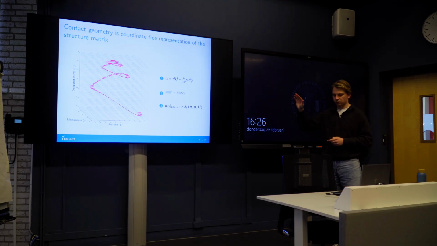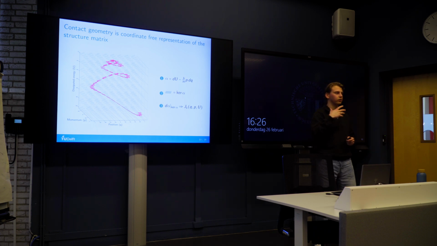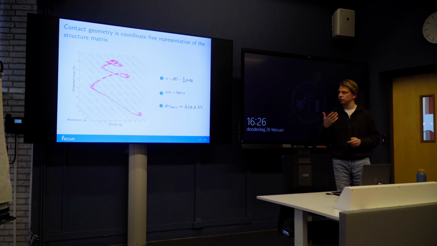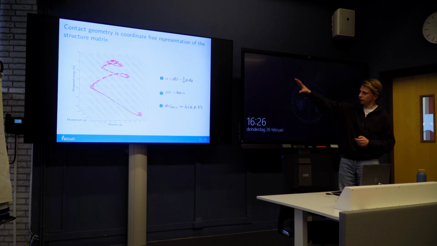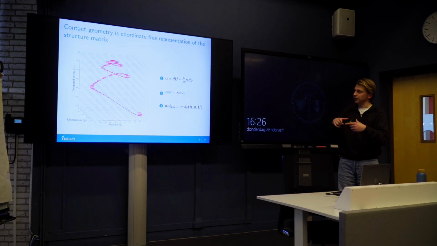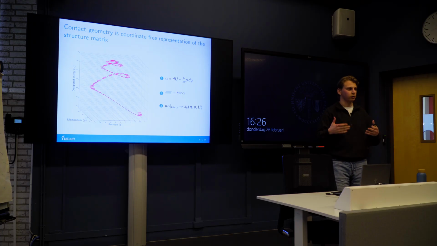And we want to set this alpha to 0. What I did not mention about alpha before is that alpha is a one-form. So it's a linear function on vectors. And if you set a linear function on vectors to 0, for example in 3D, you get two-dimensional planes. So what you are seeing in this three-dimensional phase space, at every point is a little plane. And this little plane tells us the directions we can go in, such that we satisfy the first law of